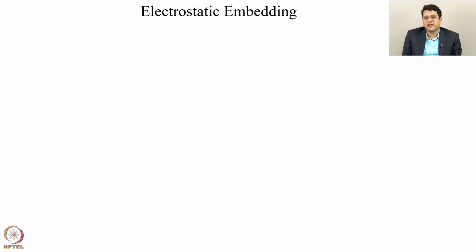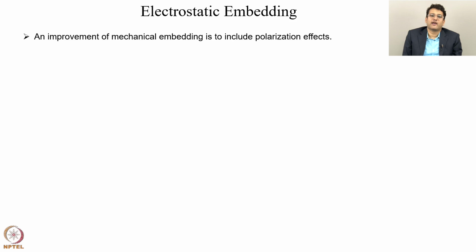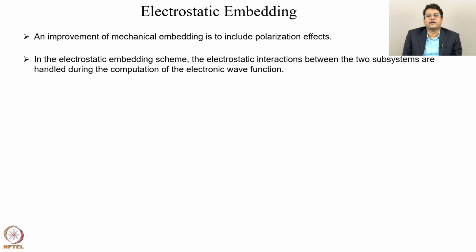Now, there will be cases where the presence of the environment not only acts as a support for the main QM region, but it also influences it chemically through polarizing it, and that cannot be taken into account by mechanical embedding. So, an improvement of the mechanical embedding is to include the polarization effect, and in electrostatic embedding, the electrostatic interaction between the two subsystems is handled during the computation of the electronic wave